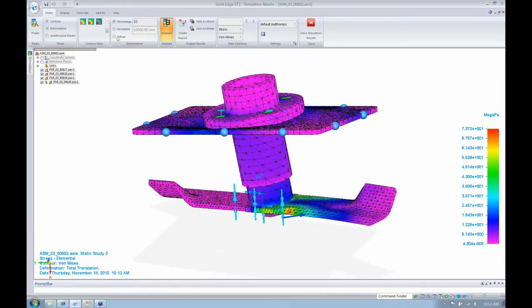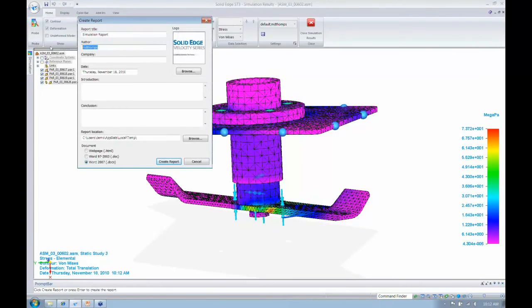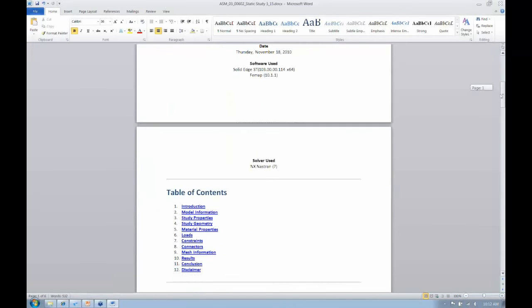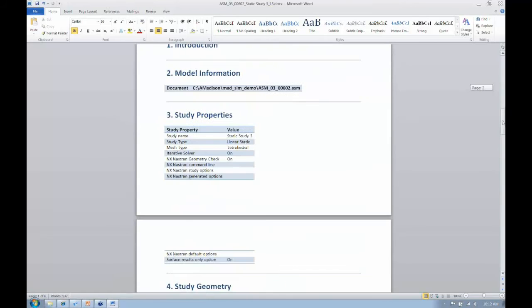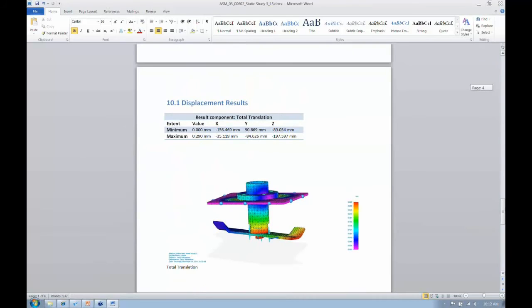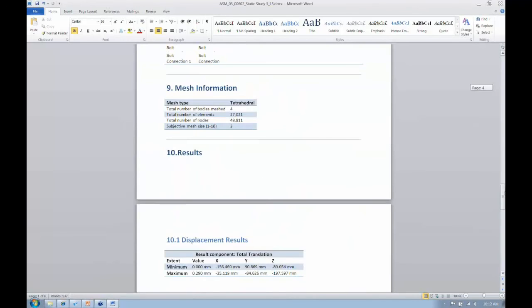The other thing, and this I just love, but I think people get spoiled by their clicks of a button. I used to spend a lot of time when I worked at Cummins putting together test cell data that matched up with theoretical data, and the reporting took a long time to do. Now, new with ST3, we can put this in a Word document, but this is fabulous to me. At a click of a button, I mean, I would spend probably 4 or 5 hours putting together reports for each test cell run. Here, I get something that's way better than I would have ever created, and I get the screenshots and all the results here at my fingertips with just a click of a button. Very nice, very convenient,